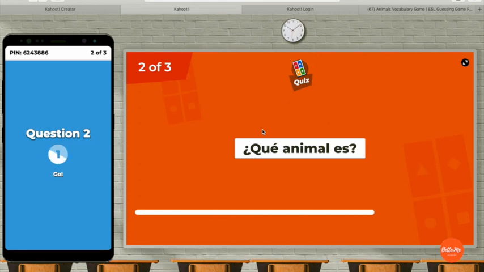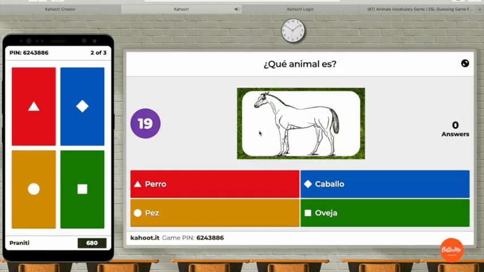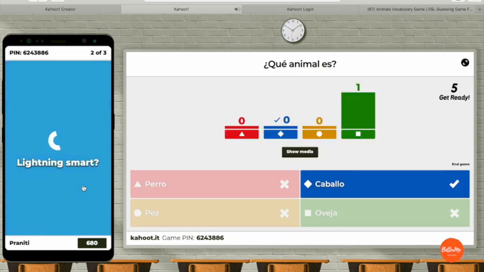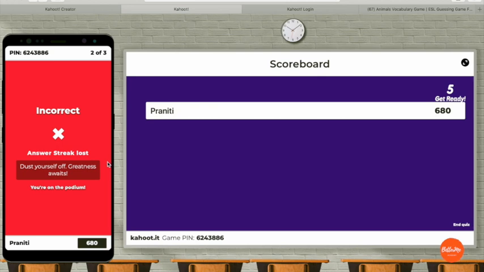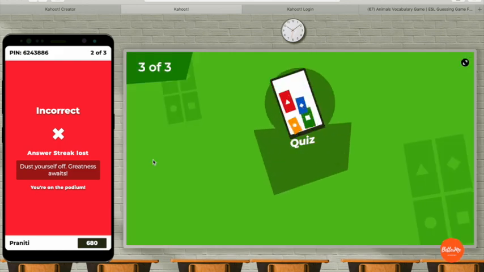¿Qué animal es? So maybe I choose a wrong answer. Is this oveja? No, it was caballo. So Kahoot shows what was the right answer. And similarly, other names would also be shown in the scoreboard.